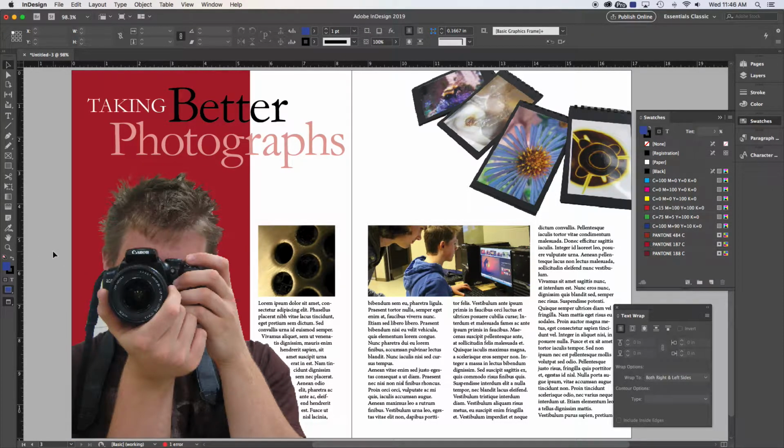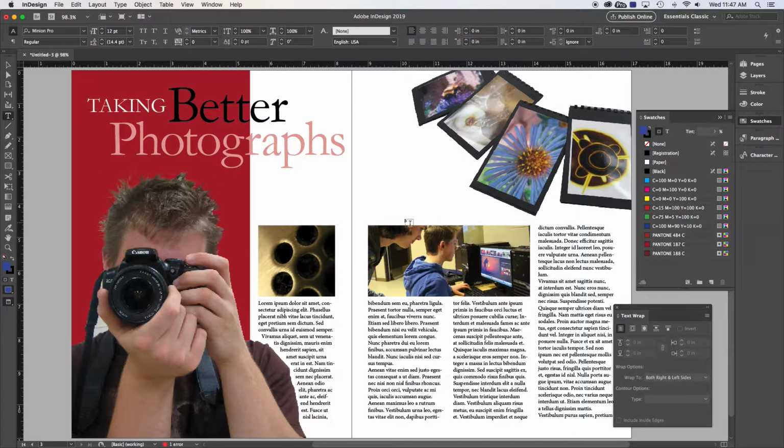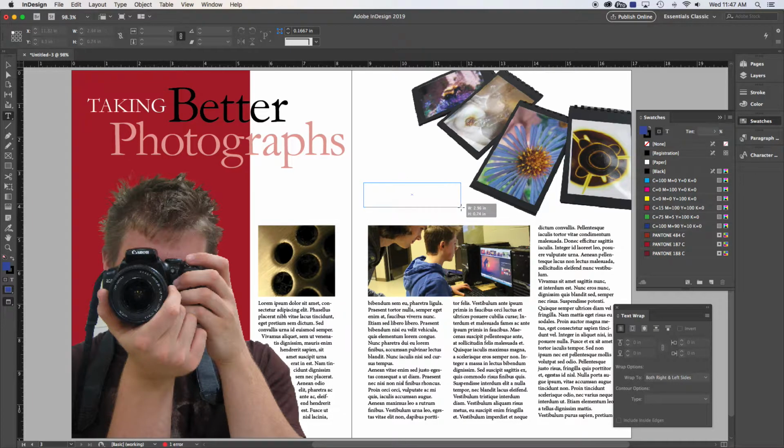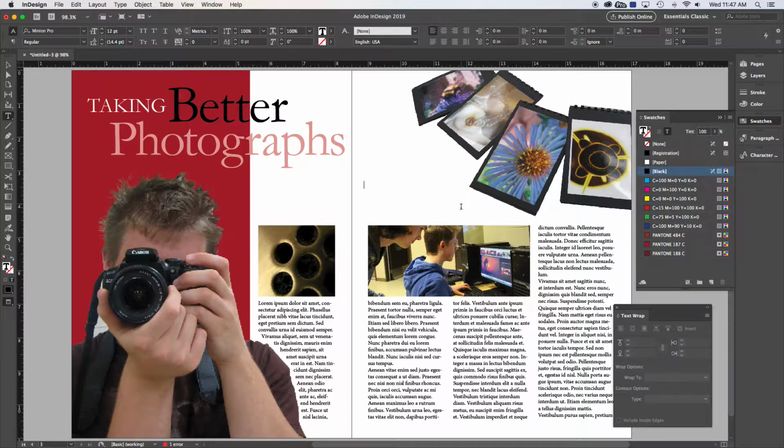Okay, let's add in some descriptions. What I'm asking you to do, you do not have to write your article. You can just use the lorem ipsum, but I do ask that your descriptions and maybe your callouts make sense. So let's add a description for this photo here. I'm just going to make a text box. I'm just going to throw the text box up here, and I will